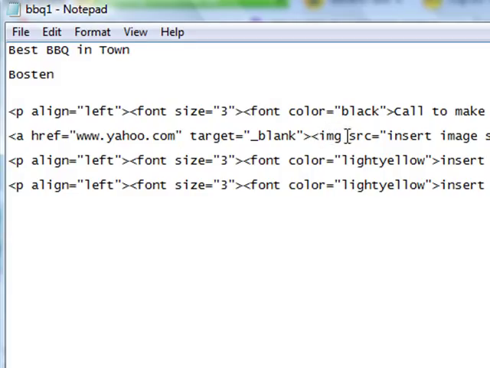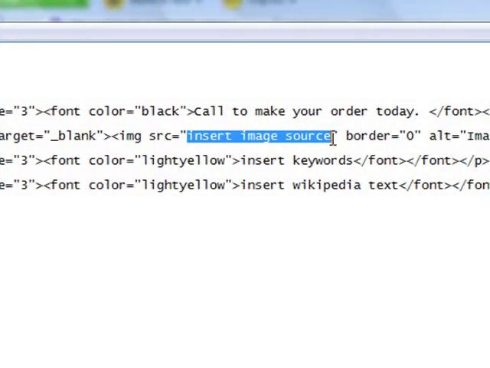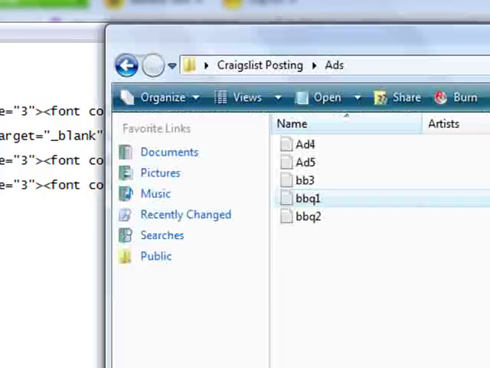Right here you see where it says image source. This is telling your Craigslist ad where to go find that image. Between the quotation marks where we have insert your image source, that's where we're going to put in where your image is hosted. Now remember,